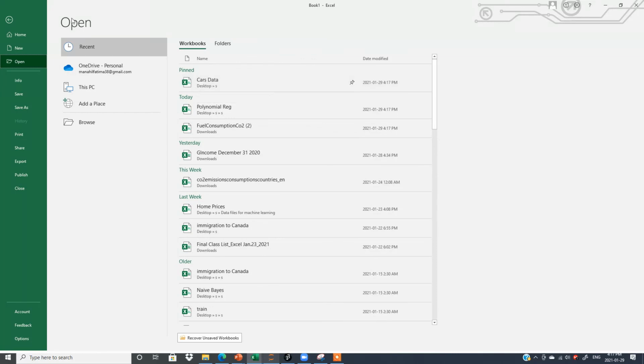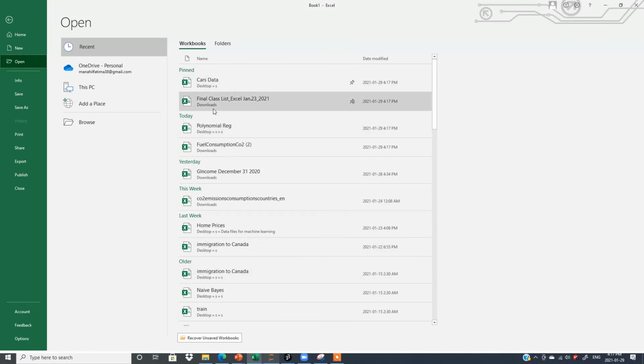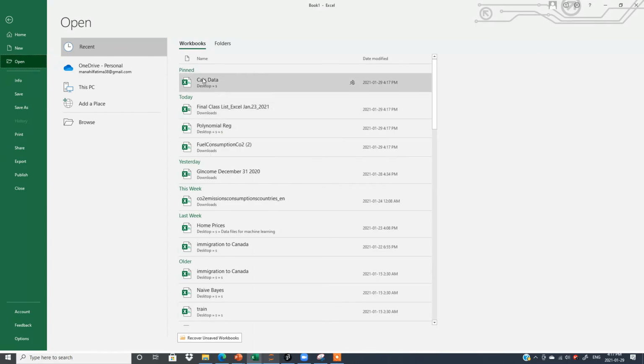One way is go to the file and then you will see pin your workbooks, and another way is file, open, and then whatever you want. These are the recently worked files. If you want to make this one, right click, then pin to the list, it will be in your pin list. If you want to unpin, then this is unpin, and now this one is also unpinned.